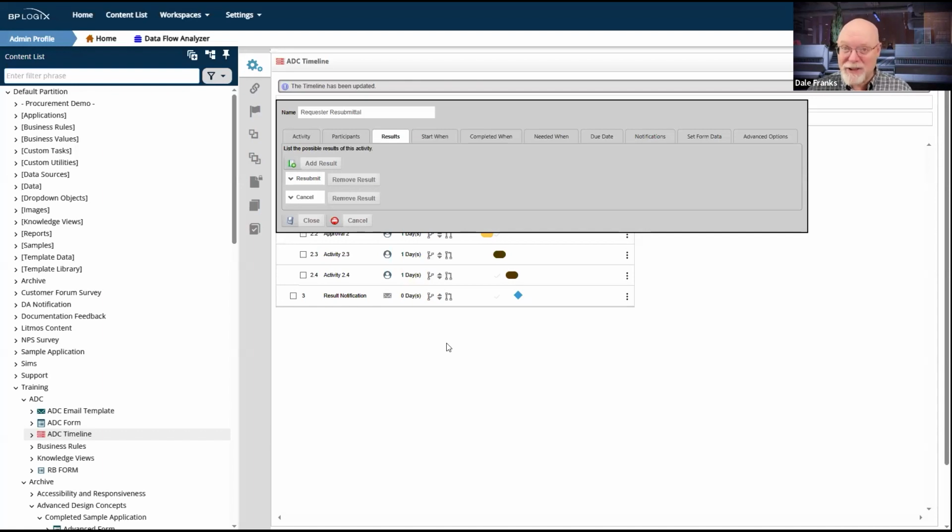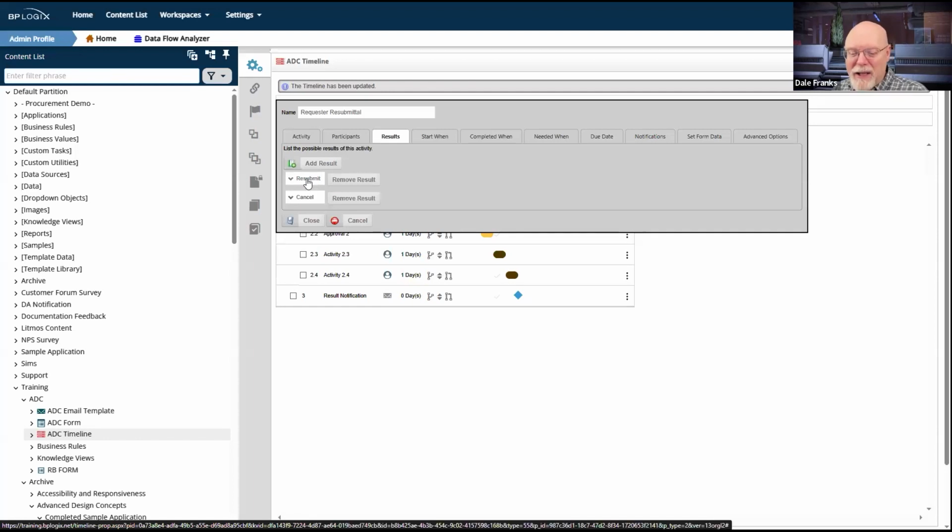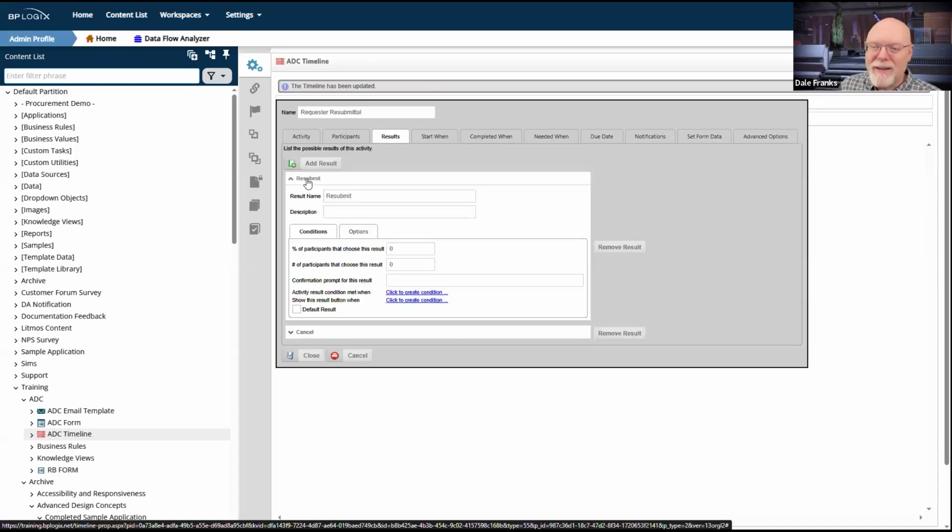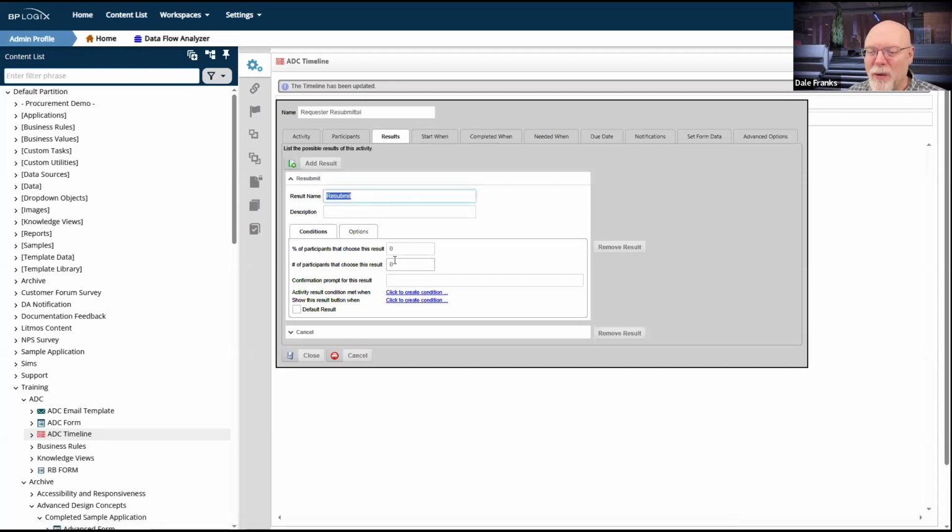I'm going to hit resubmit and it's going to restart the loop and send the task back to me. Because I have a resubmit result, it will automatically prompt a restart of the loop, which means if I keep this result name, I will have placed myself in an endless loop. So I can't use the word resubmit here for this result.